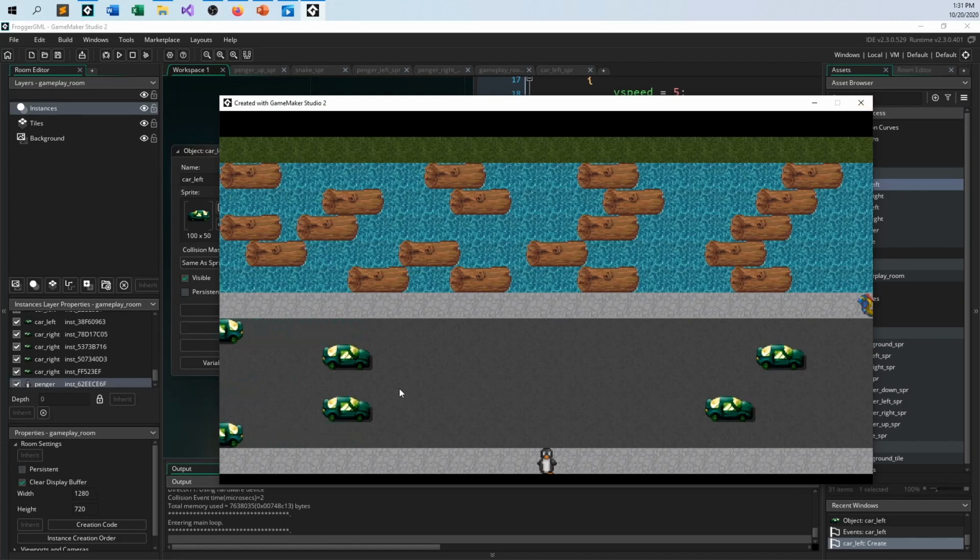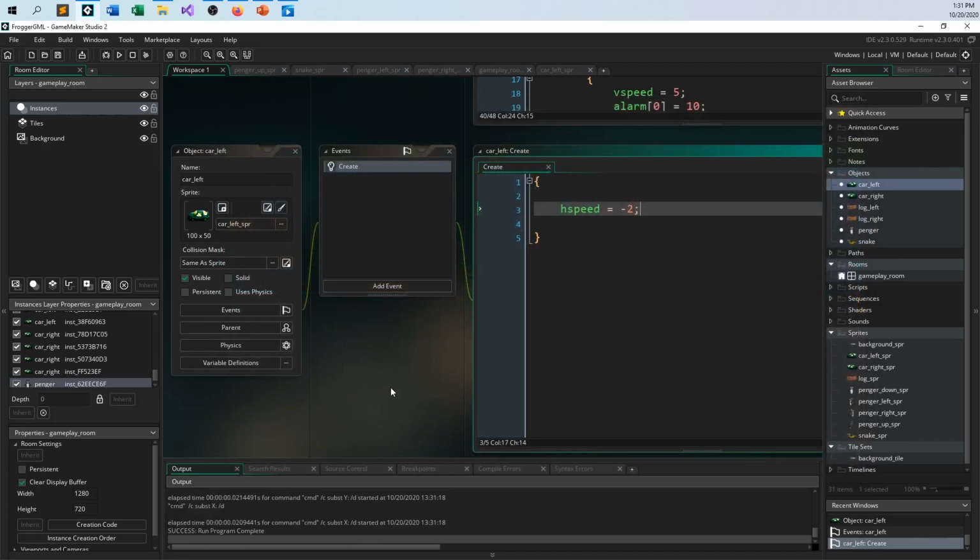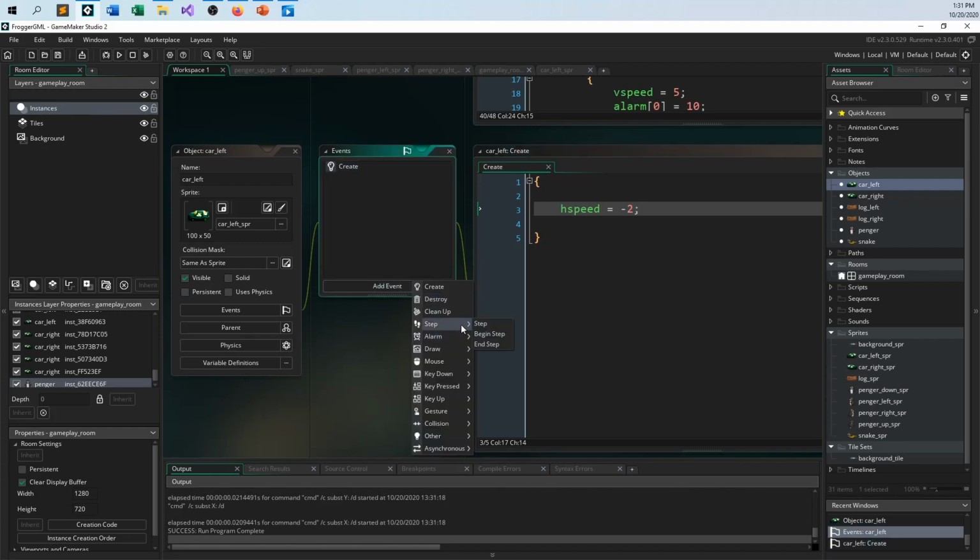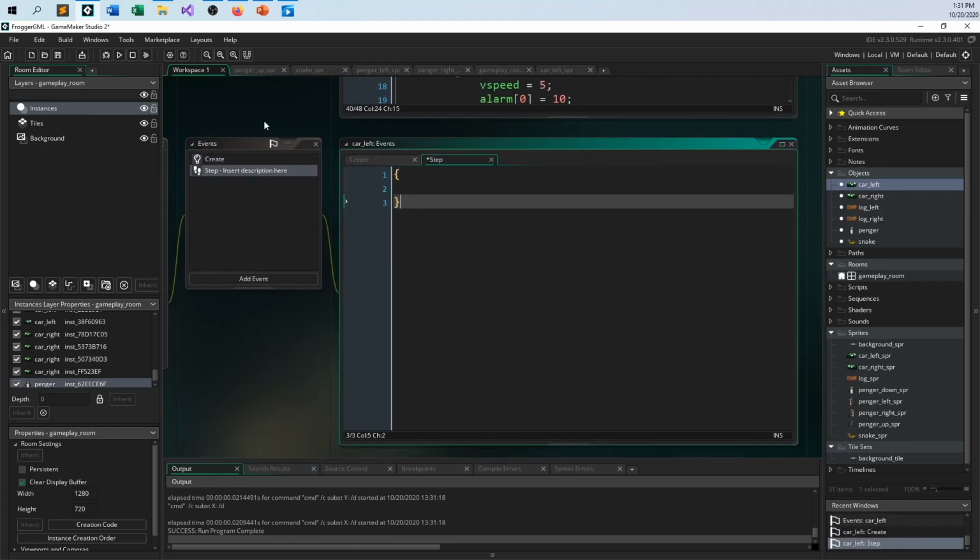And so you notice we need them to do kind of that come around thing, right? I can use the wrap settings, but I'd rather not. And so what I'm going to do here in a step event is just do a little check. Let me write it, then I'll talk it out. If the X value of our object, since that's the upper left-hand corner, we'll have to go back and fix these sprites up to make sure we hit collisions later on, because GameMaker 2.3 right now is a little wonky on that. And if you've been with me for any other videos, you hear me bitching and moaning about that non-stop. But if the X value is less than the negative sprite width,